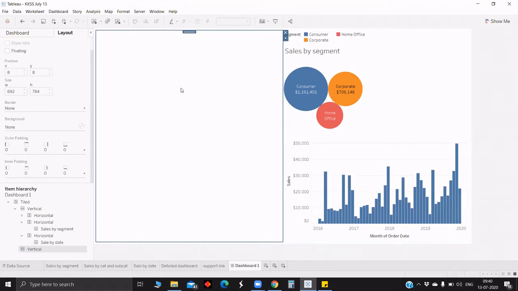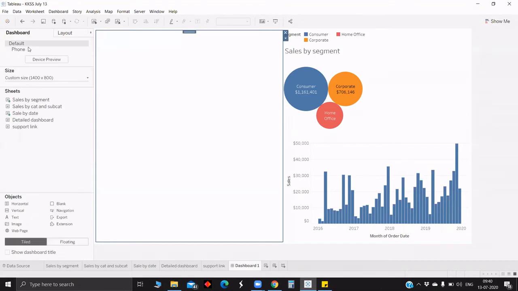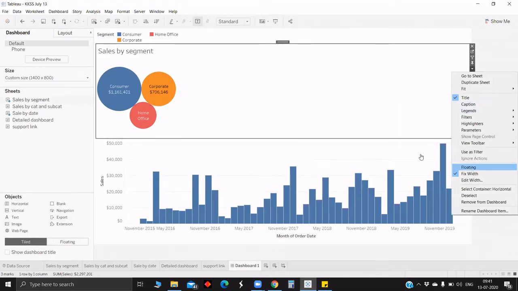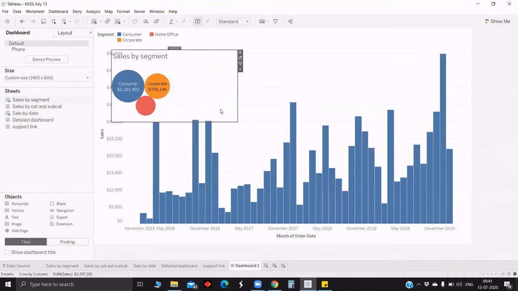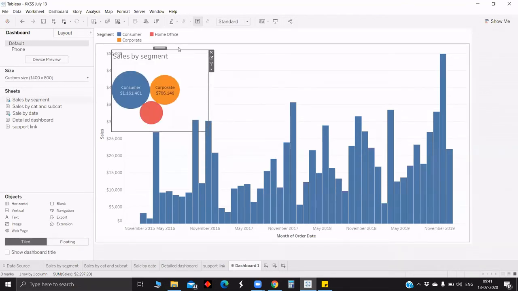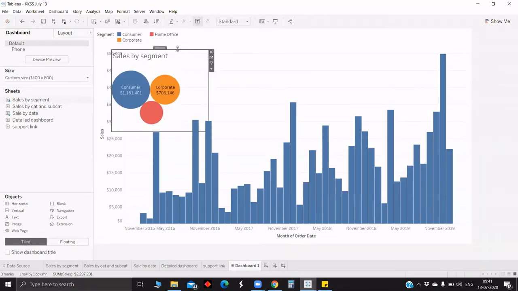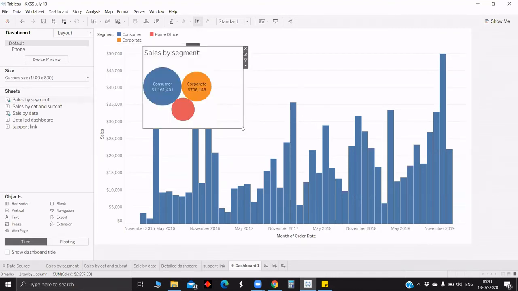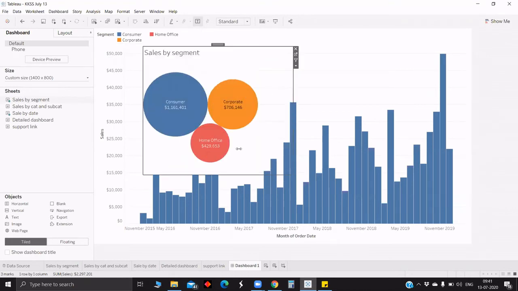The basic idea why you have to put this container is, if you change the automatic or size, the resolution remains the same and it will be presentable. There is another option known as floating. So for example, currently I have selected sales by segment, and if I click here and give floating, it comes out and we can resize it the way we want. For example, like an image in PowerPoint, once we pull, we can edit the size by dragging on any side or left, wherever you want. So in this case, if we drag, it comes in full view.